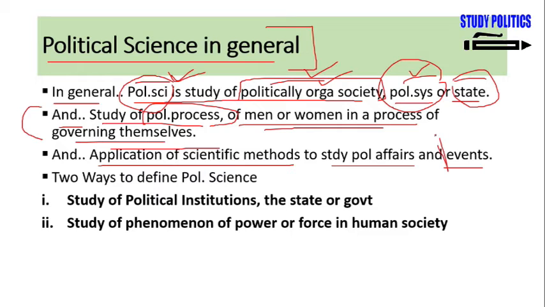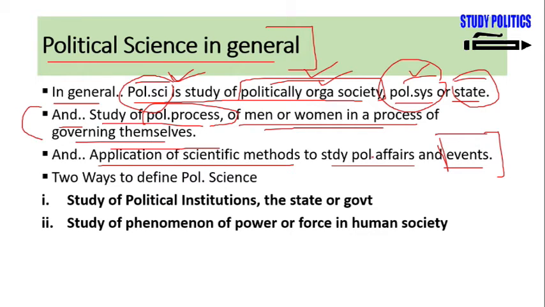Similarly, in today's world, we can take the example of political events. For example, when elections happen, we apply many scientific methods to them. For example, many times we apply proportional representation. We also see which candidate has got what percentage of votes. We also see which candidate has got more votes of the people who are less than 20 years of age, or less than 30 years of age, or less than 40 years of age.